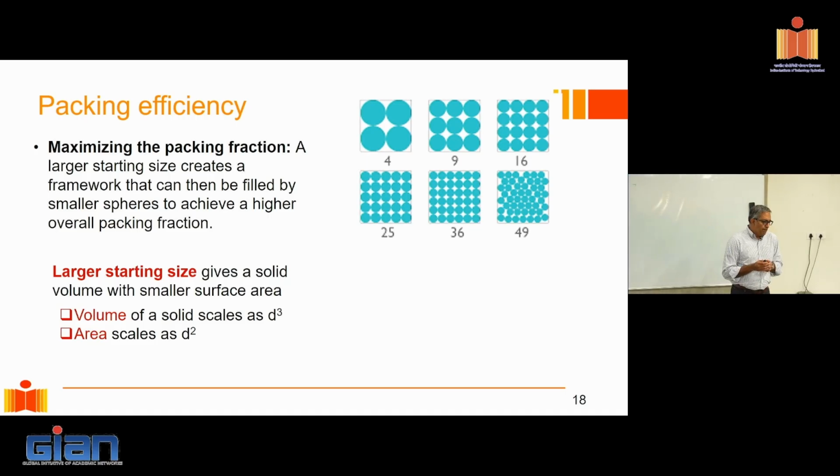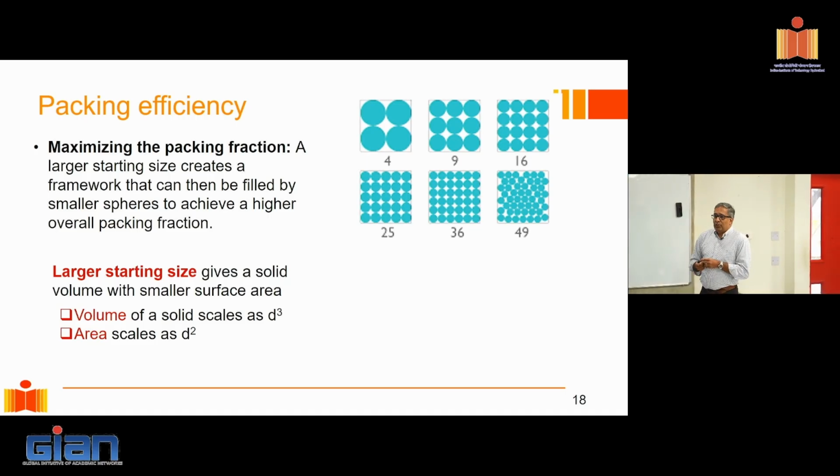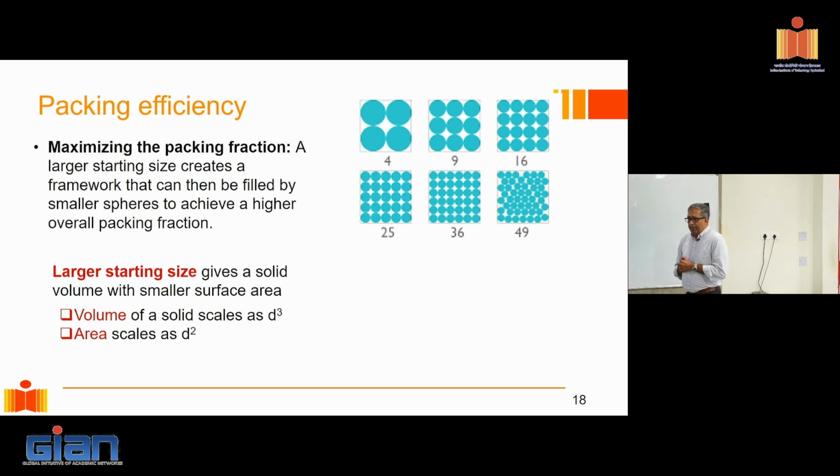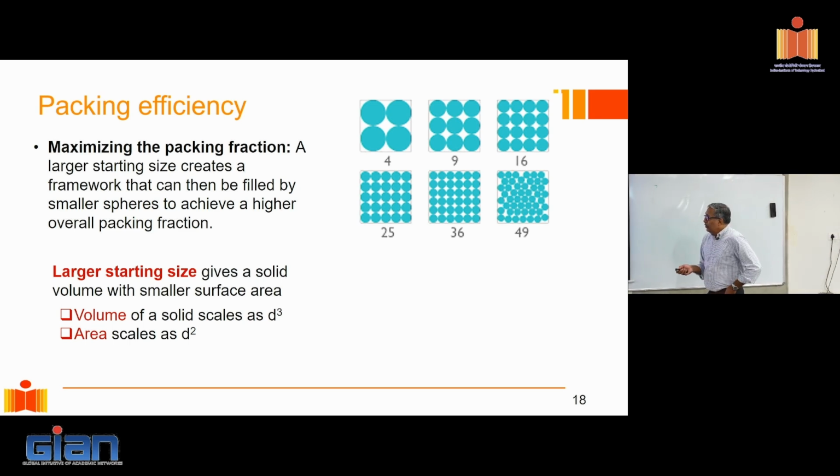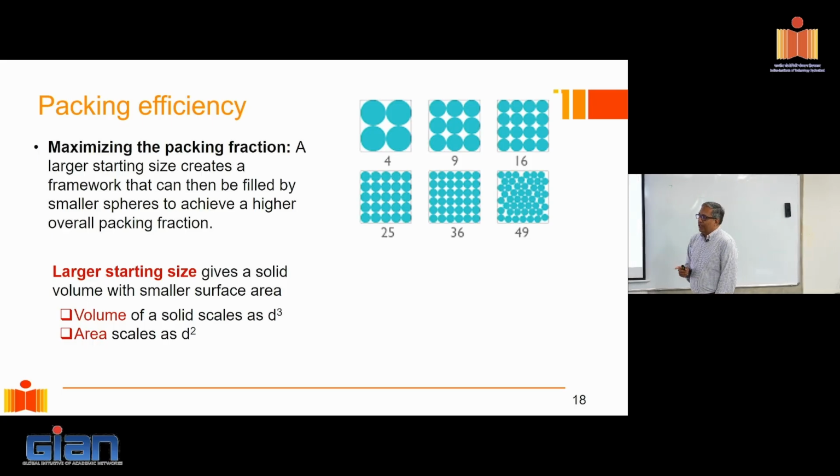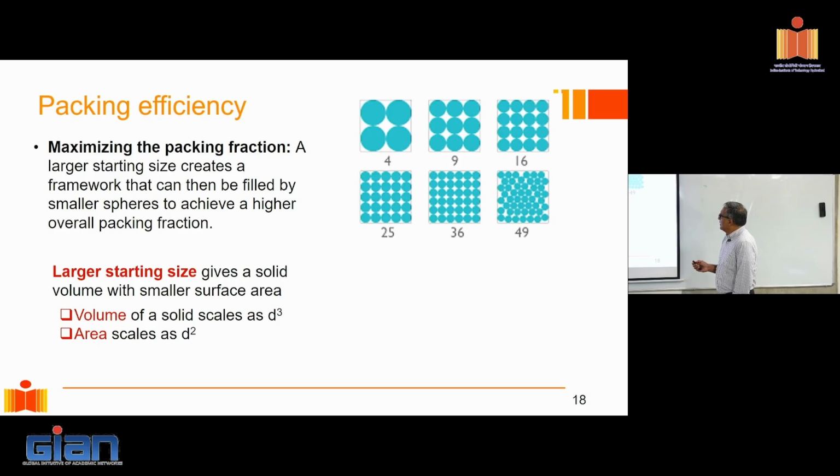The other thing is, what happens when I increase the diameter of a sphere? Well, the volume of the sphere scales as d cubed, whereas the area scales as d squared. So when I go from here, say, and come to this point here, what have I done? Even if the volume was the same for these light blue circles, what has happened for this one? The surface area decreases.